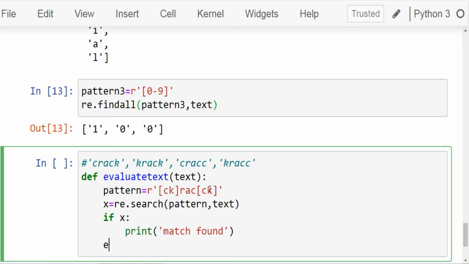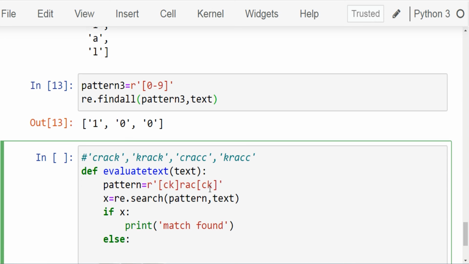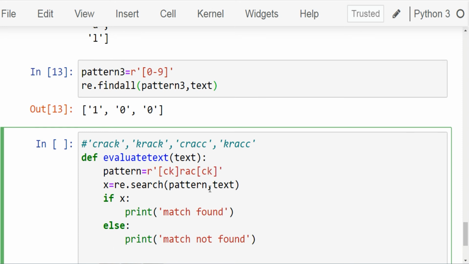Else, print match not found. Now let's call our function. Write evaluate_text and let's first evaluate CRACK.